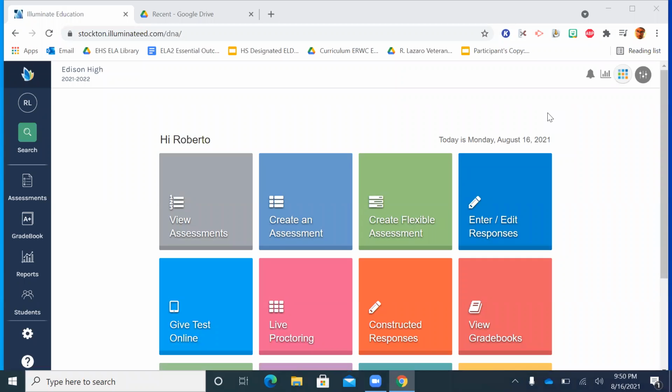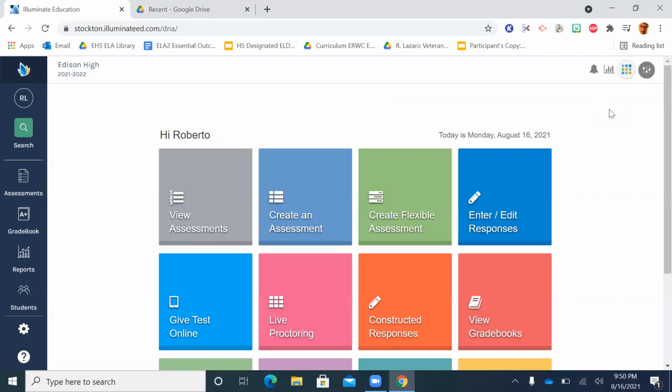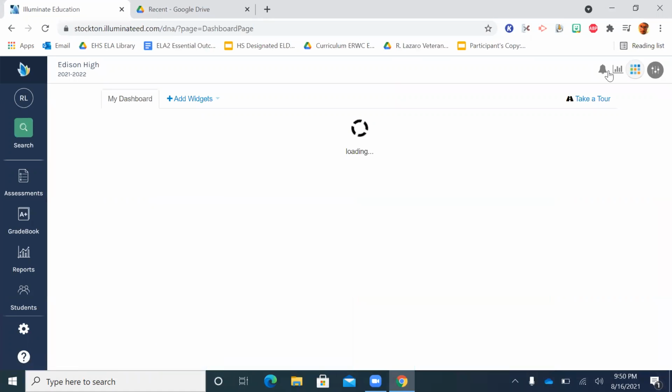I'm going to show you how to use Illuminate to identify your EL students and your SPED students. I'm going to walk you through a quick way first, and that would be if you go up to the top right-hand corner where you see what looks like a graph. That'll take you to your dashboard. So if you click on that